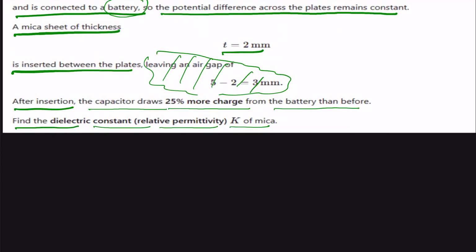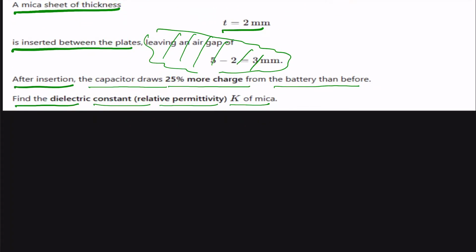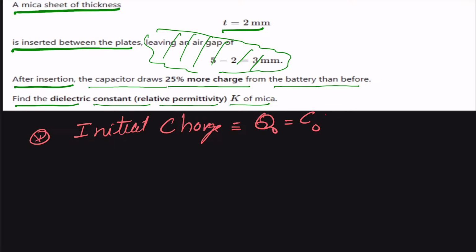Because the battery is always there, the voltage V will always be present across the capacitor. So we can say that our initial charge,